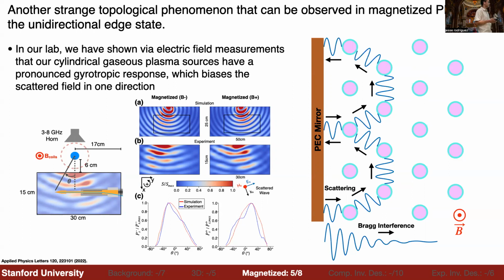Okay, and what you can do is you can set up the situation where you're in the band gap of the photonic crystal. So that means that the light is not allowed to propagate into the photonic crystal. You get Bragg interference, okay? And then if you put another mirror on the left side here and you try to excite, like pump out some electromagnetic energy here, it doesn't have anywhere to go. It can't go into the crystal because it's in the band gap. It can't go this way because there's a mirror here. But because you have this